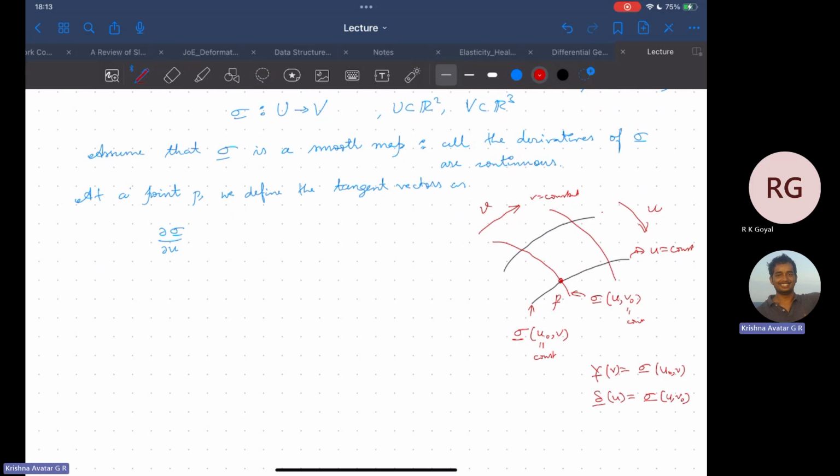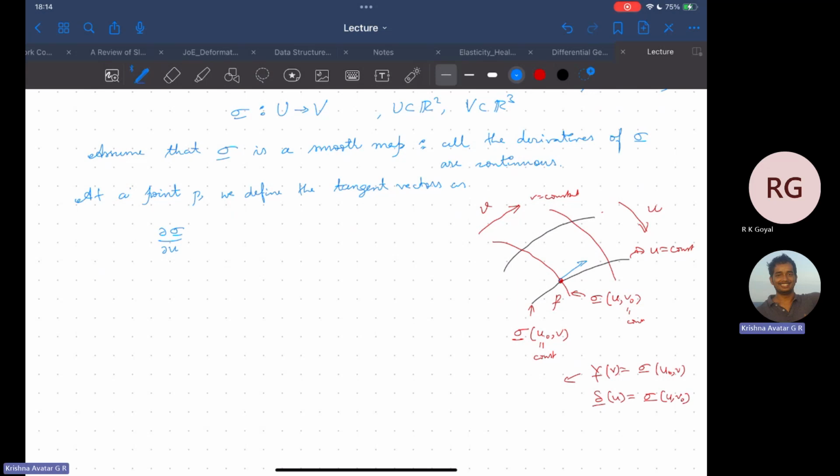And we know very well from the definition of the curve that the derivative of the mapping with respect to the parameter is what gives us the local tangent vector. So in this case, v is the parameter and gamma vector is the mapping. So the tangent here will be,